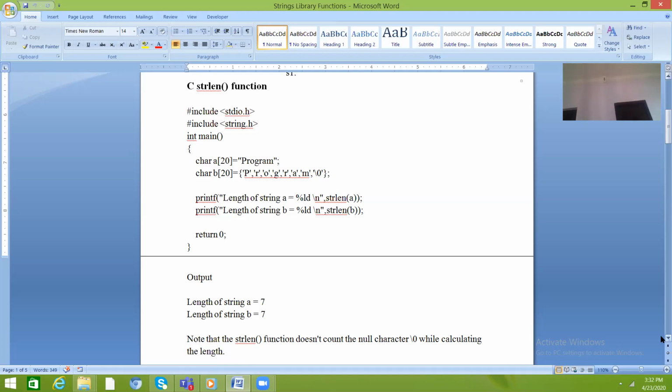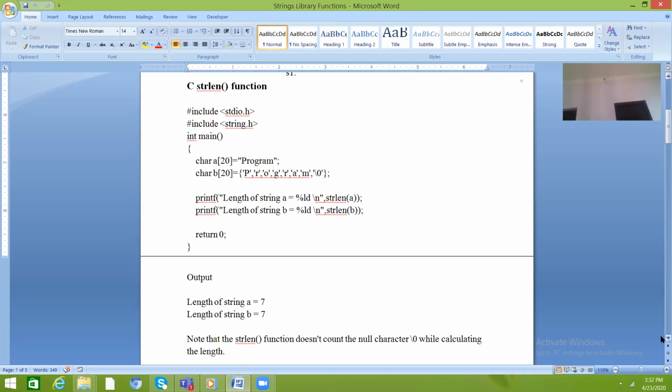The second is also a string. Why is it called a string? Because it ends with a null character. Any character array which ends with a null character becomes a string. In the second string, B, I have written each and every alphabet of program with single quotes and ended with a null character. Now it becomes a string.